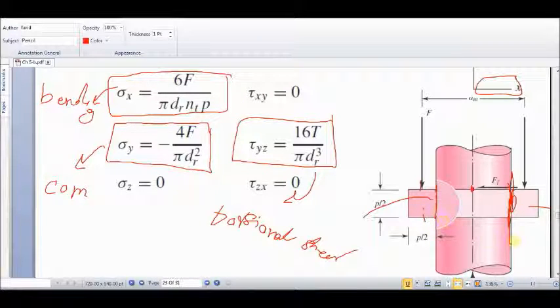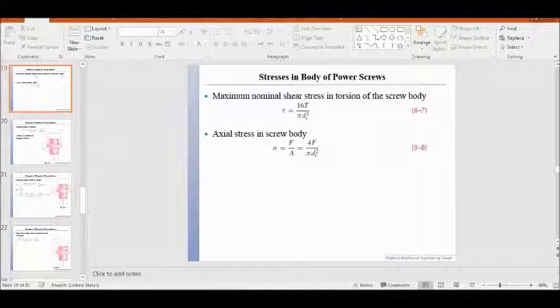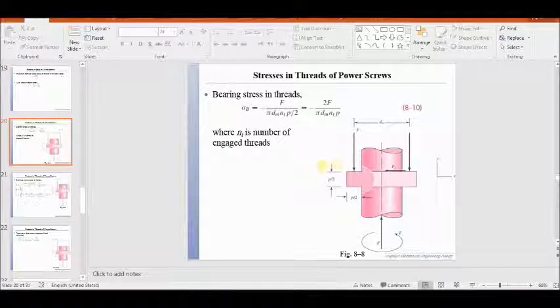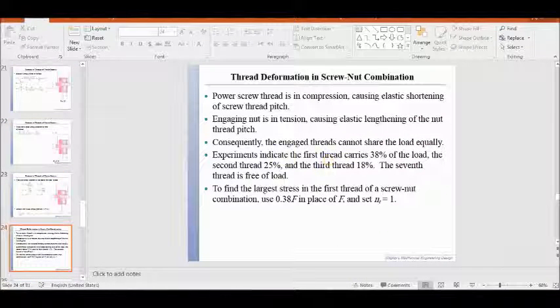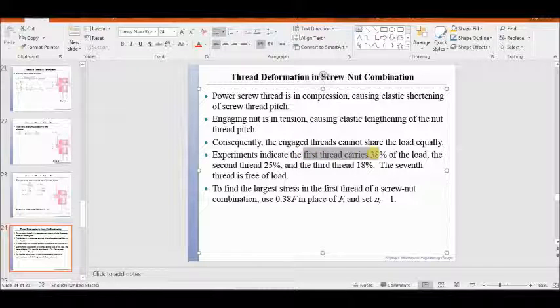And among the threads engaged with the nut, always the first thread is carrying the maximum load. Because if you refer to your lecture note, you can find this statement that the first thread which engages with the nut